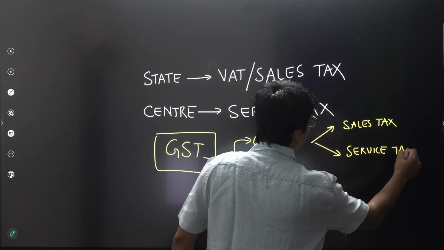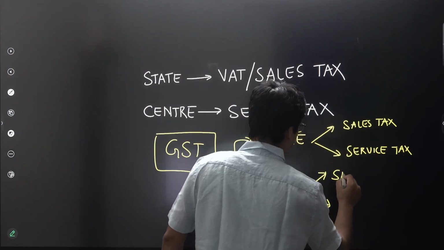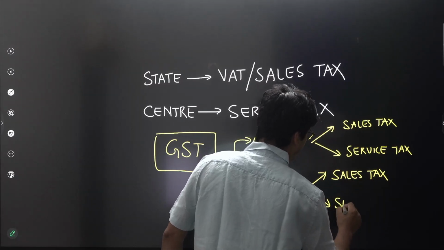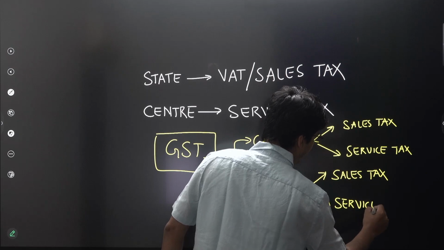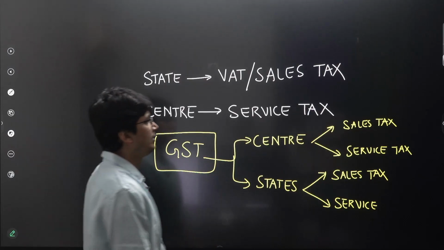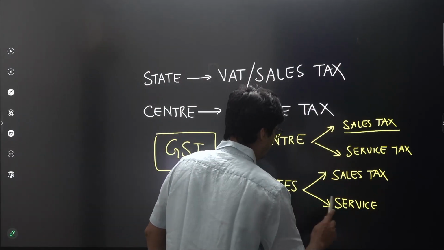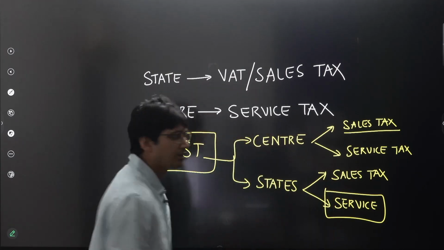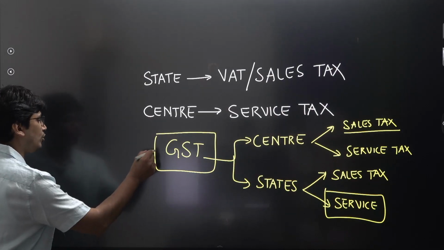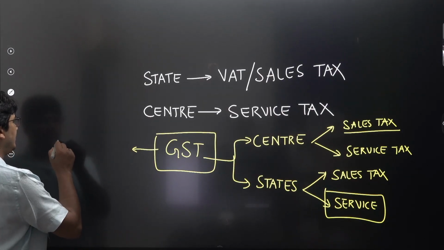And similarly for states. तो स्टेट के पास तो पहले सेल्स टैक्स का पावर था ही, बट सर्विस टैक्स का पावर नहीं था. And hence to give both centre and states power to collect, for centre to collect sales tax and for states to collect service tax, this type of amendment was required because this also required an amendment in the union list